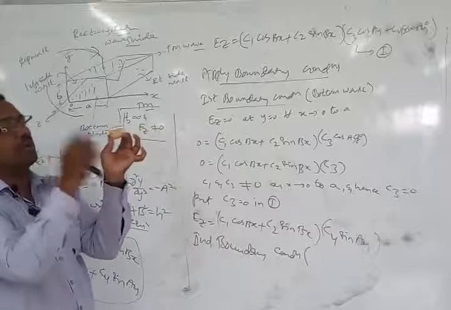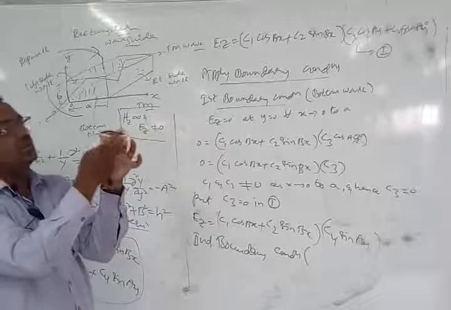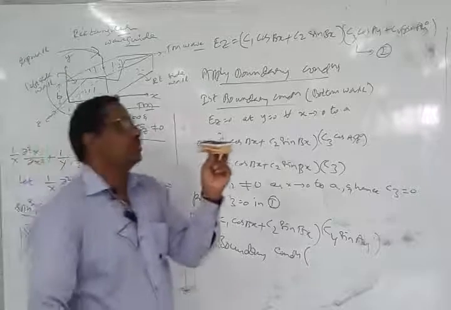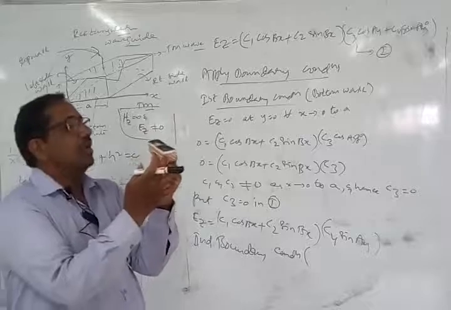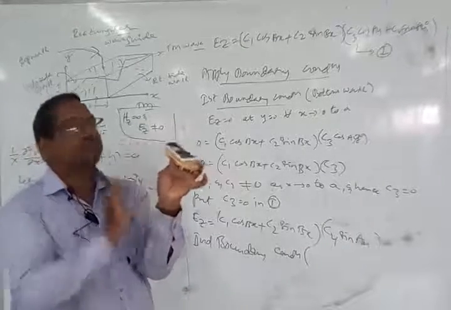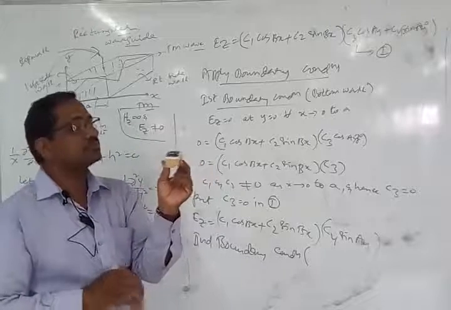Wave is propagating. Imagine that this is hollow, something like a pipe, a hollow conducting tube. So this is hollow now, and all the rest of the things are closed. This side is open, and the rest of the things are closed.